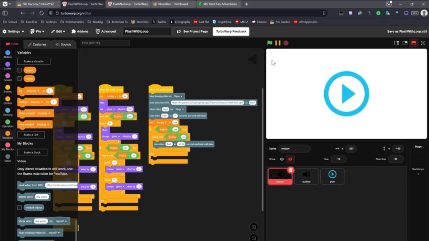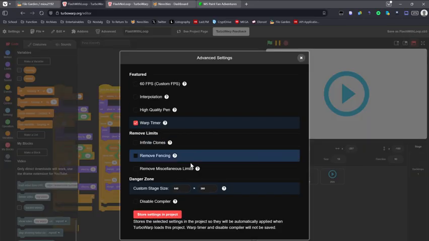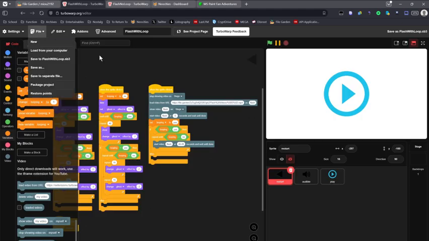Except, sometimes you might find that your video is the wrong size for the stage, which is a really easy fix. Just go into Advanced and change the custom stage size. You will more likely than not need to do this. It's not really a big deal. But keep in mind whatever your stage size is, regardless of if you change it or not, because next, and first of all, save this to your computer, because if you don't, you will lose it forever. It might function, but if you ever need to go back to it, you won't have it, so download this. Once you have finished editing everything, download it.